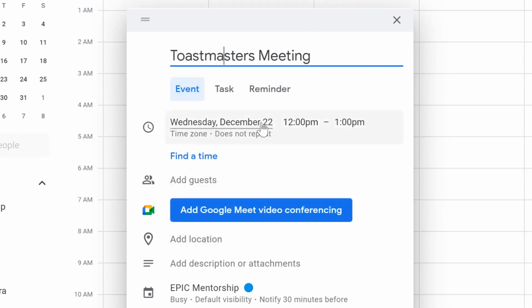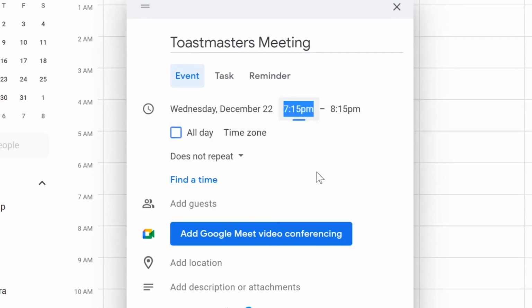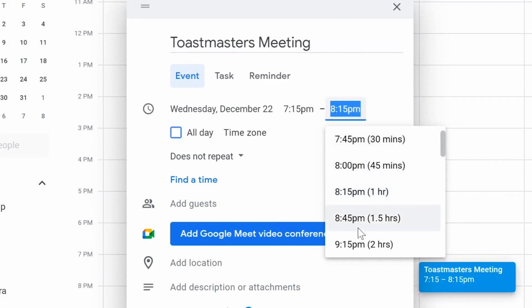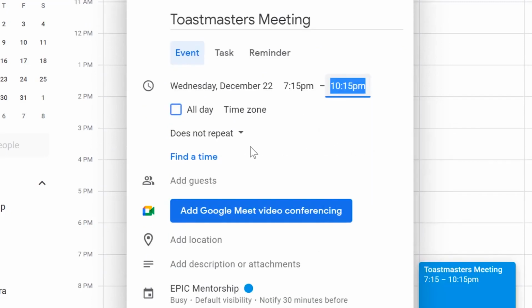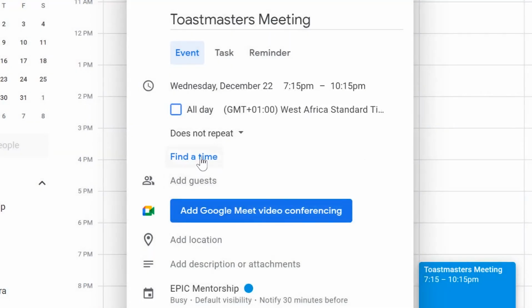So you can give the details of the event. For example, this is going to be on the 22nd. The timing, you are free to change it. You can change it to maybe 7:15 p.m. to 10:15 p.m. So you can set it to do not repeat. You can also set the time zone. You can use separate start and end time zones, but for now let's go with African time zone, and we'll say okay. And we can come over here to find a time if you want, and you can add guests